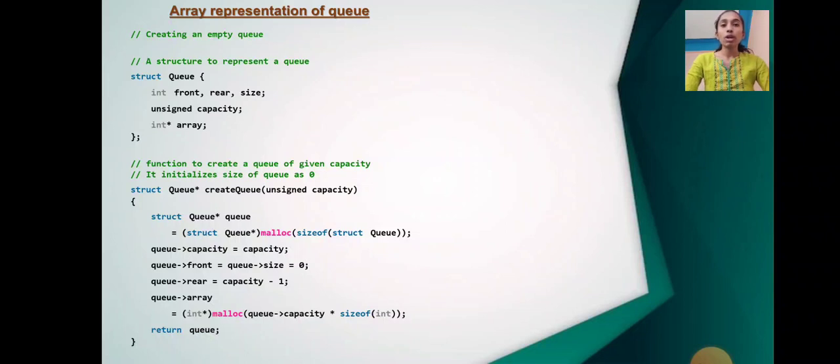First we will create an empty queue and a struct to represent the queue. struct Queue { int front, rear, size; unsigned capacity; int* array; }; struct Queue* createQueue(unsigned capacity) { struct Queue* q = (struct Queue*) malloc(sizeof(struct Queue)); and this is the arrow operator. q->capacity = capacity; q->front = q->size = 0; q->rear = capacity - 1; q->array = (int*) malloc(q->capacity * sizeof(int)); return q; }